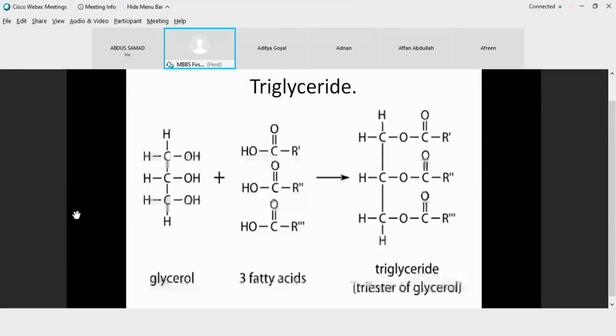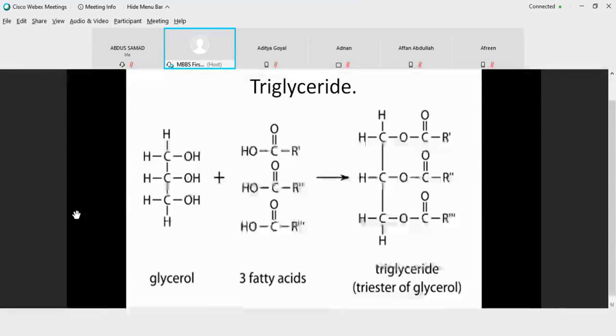Each fatty acid is attached to an alcoholic group, an OH group, to form an ester bond. Like your carbohydrates, where monosaccharides were attached to form higher carbohydrates through a glycosidic bond, and your amino acids were attached to form peptides and proteins through a peptide bond, similarly these fatty acids are polymerized to a backbone alcohol. Here in this case it's glycerol, to form a bond known as an ester bond. Again, if you look, a molecule of water would be removed.